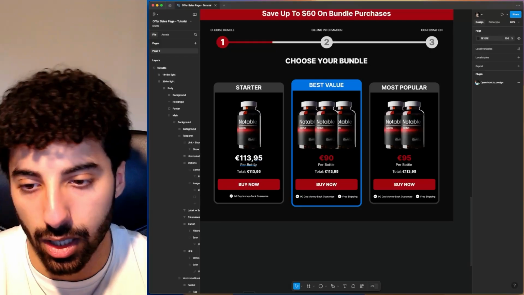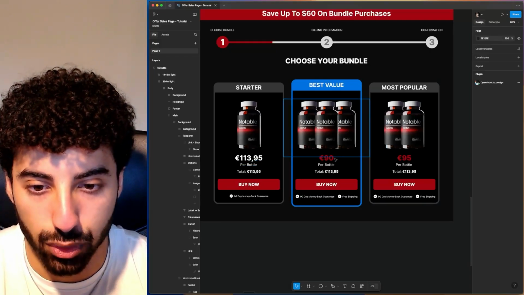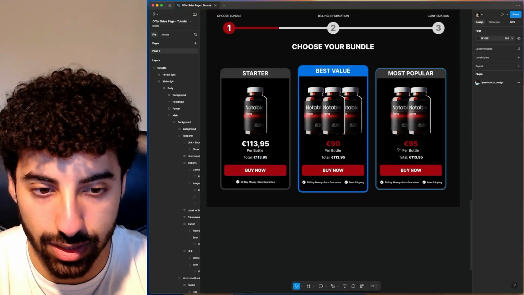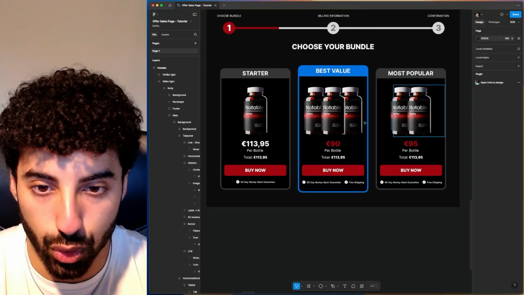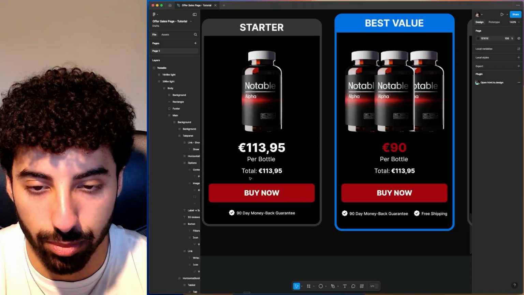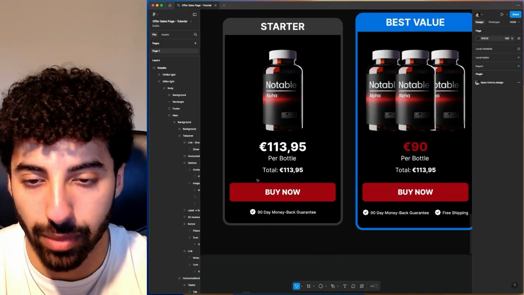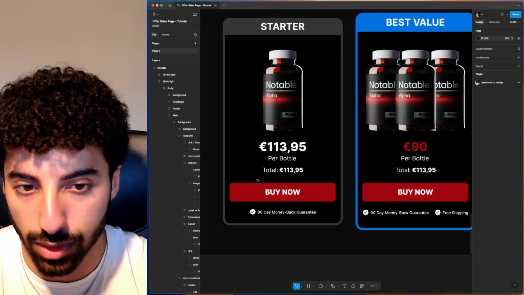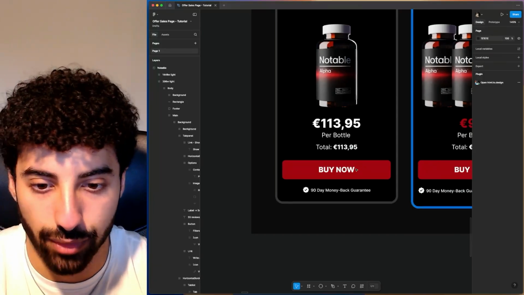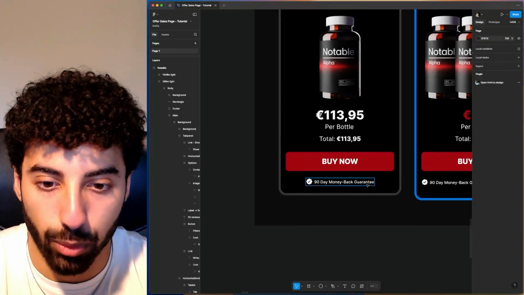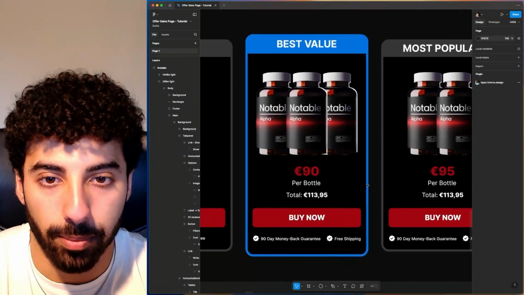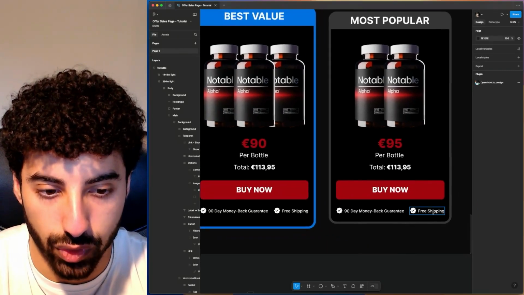This goes from 113 to 95 to the lowest one, which is 90, which is the 3-pack. Then we're going to have the total price here, the call to action to choosing the actual bundle we want, and a kind of differentiation between the offers to make sure we want people to go obviously for the higher priced bundles here, which in this case I've gone simply for the main one. Obviously all of them have the 90-day money back guarantee, but the 2 highest AOV options also have free